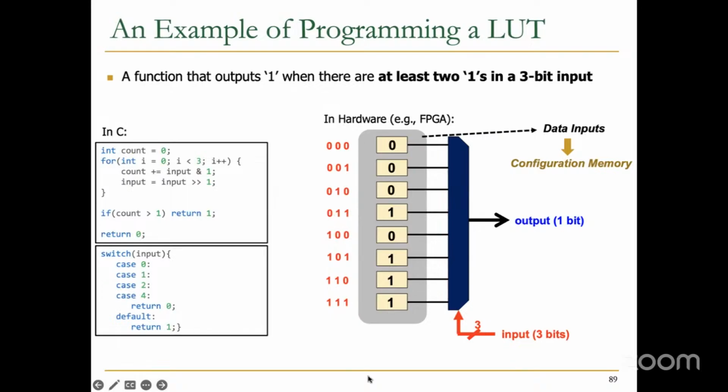So if I program, if you will, these input data lines to the right value, such that I specify my function, I can evaluate any function. And this is good because an FPGA is called a configurable, reconfigurable system. You can implement any function. You can implement a multiplication, for example. You can specify, I don't know, 4x4 multiplication as an 8-input function, and you don't need to design a multiplier